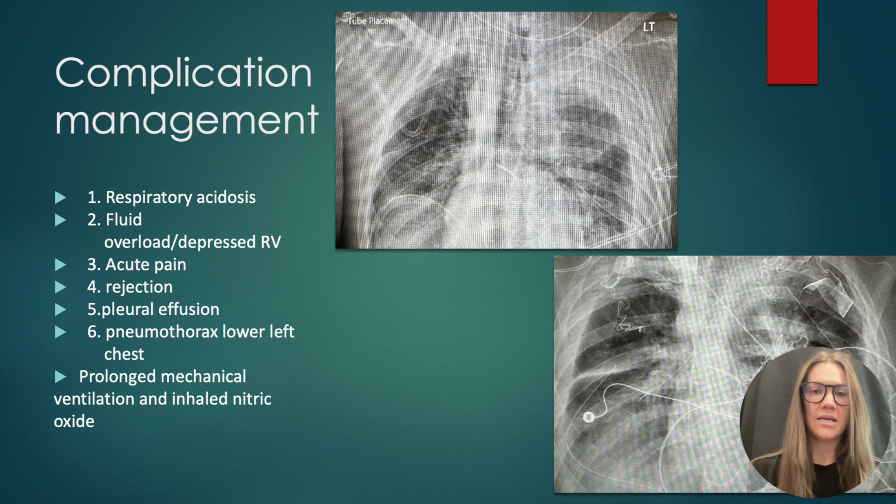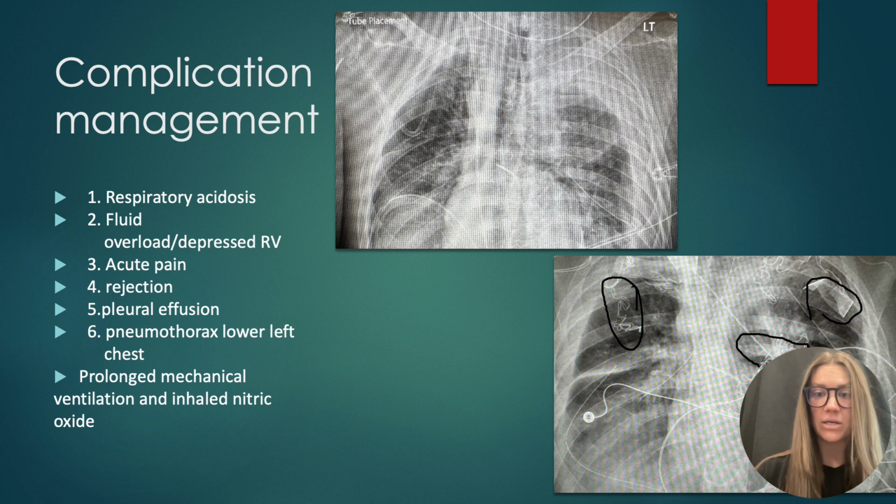So looking at these x-rays on the screen, the bottom right, this is immediately post-transplant, and you can see that by the packing over here. If you notice, we still have a little bit of congestion in his lobe up here. I'll ruin the surprise. His donor lungs actually had Legionella in them. So not all transplant donors are clean organs. He did end up getting Legionella.